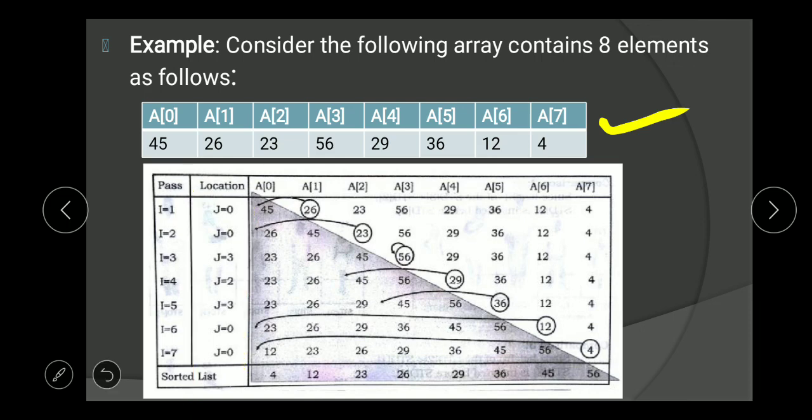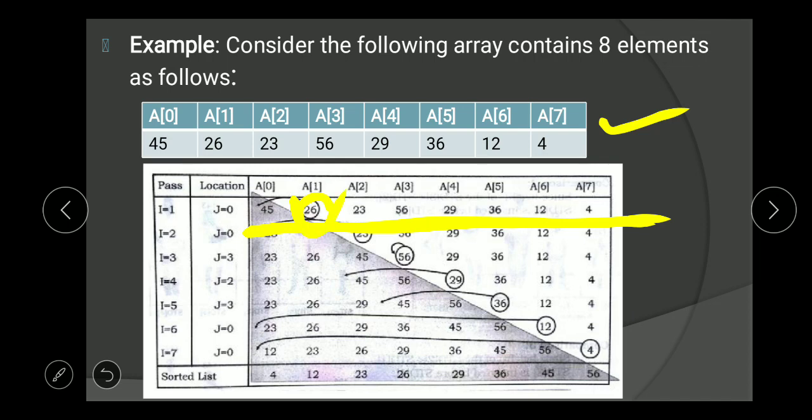Here the given array is 45, 26, 23, 56, 29, 36, 12 and 4. 45 is in the first position, and the rest is the unsorted list. So first, 26 is the key element.